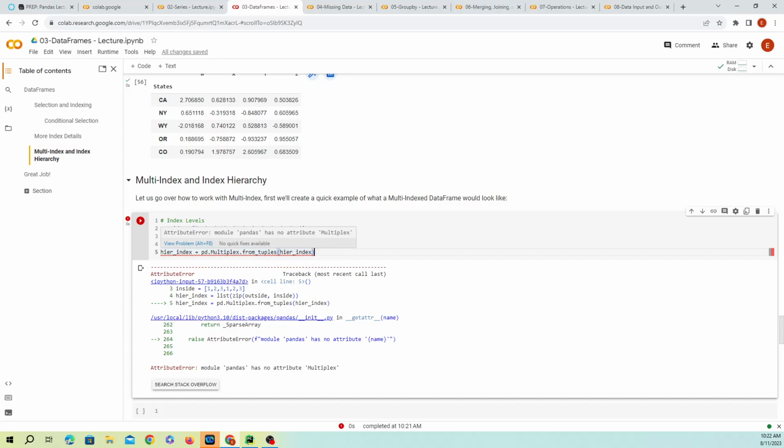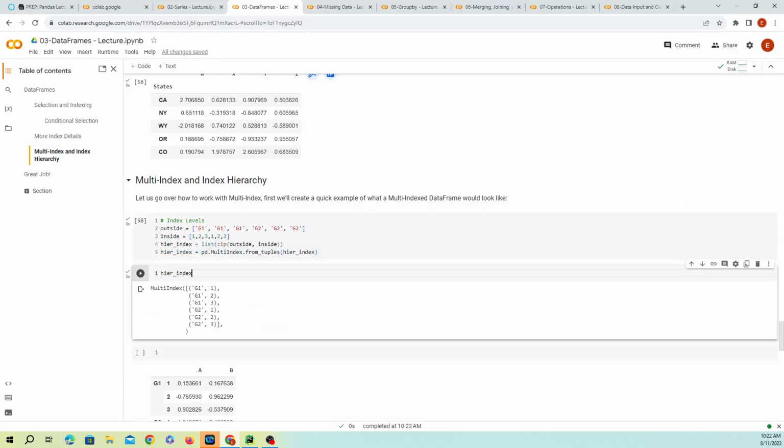And we can see that we have this data frame, right, with G1, 1, G1, 2. So you can see this. Did I do tuples? Yes. So you can see the mapping between G1 and 1, G1 and 2, G1 and 3, G2 and 1, and so on and so on. Okay. All right. So what we're going to do now is